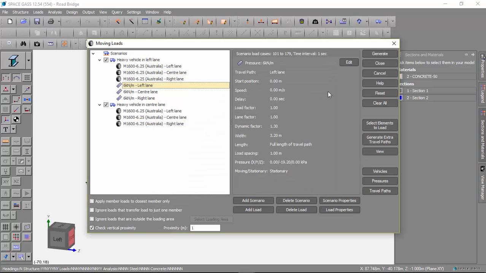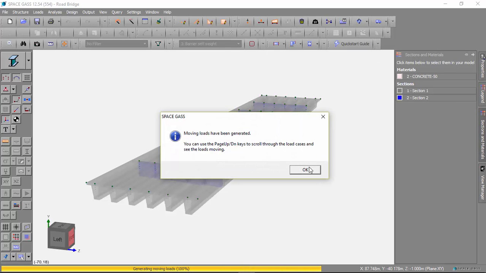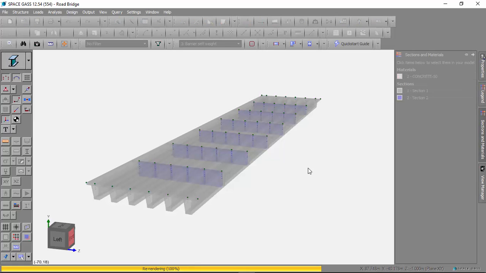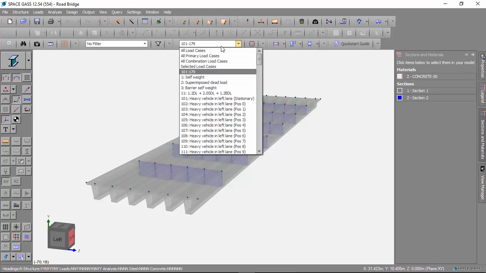So let's do that. We'll generate the loads, and I'm not going to generate stationary loads or uniformly distributed loads in the second scenario because you already know how to do that. Just follow the same procedure. So we'll generate the loads. And if we just look at the loads,